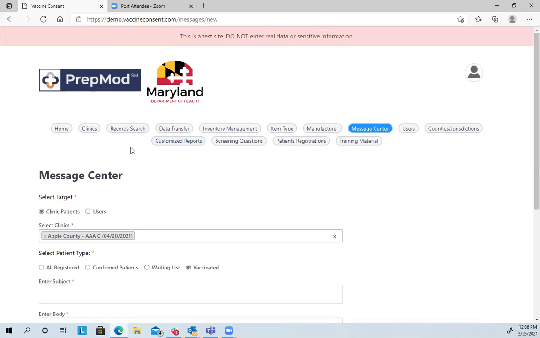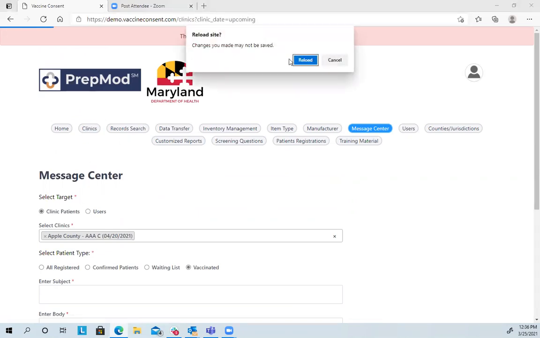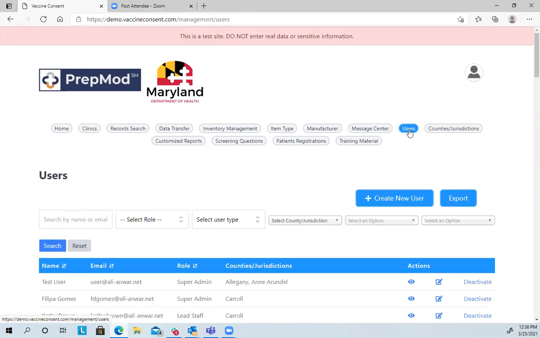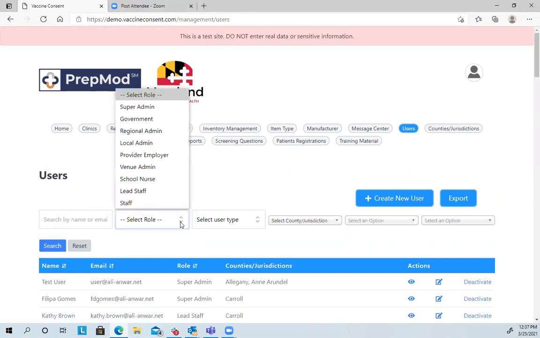I want to make sure that you're clear on logging in and getting to your clinic. As I said, if you come into the system and look under clinics and you don't appear to have access to that clinic, if you look up Apple and you're not seeing anything, that means somebody needs to update your user access. People who can update access can only update people who report under them. They cannot update the access of someone at the same level. Okay.